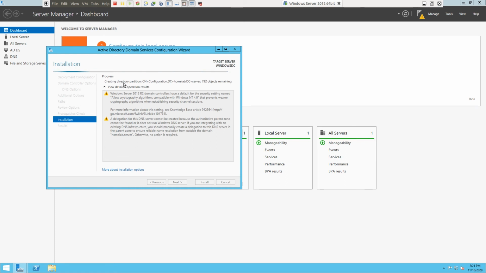As you can see here, there is a directory partition. CN is Configuration, DC homelab, and DC server. So we will look at this directory partition later. Just for now, remember this CN Configuration, DC homelab, DC server.